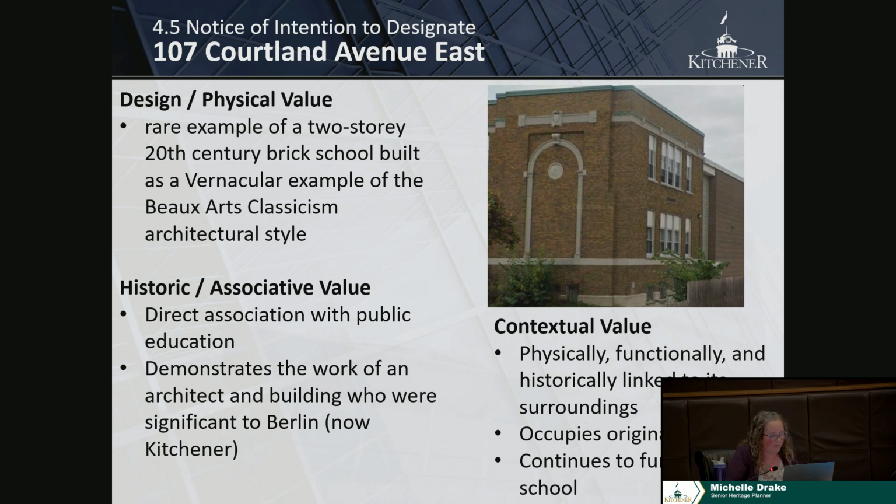The original building was constructed in 1890 as a 4-room school at a cost of $5,500. In 1903, 4 new classrooms were added to the school at a cost of $3,000. The current building was designed by Bernal A. Jones and constructed by the Dunker Brothers in 1928 at a cost of just around $94,000. B.A. Jones moved to Kitchener in